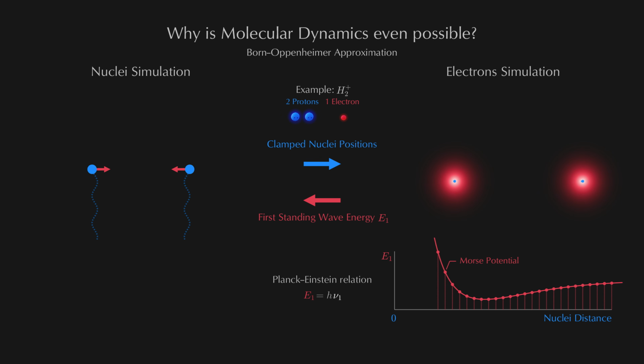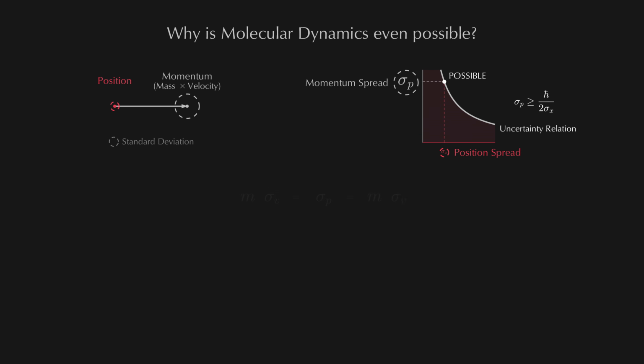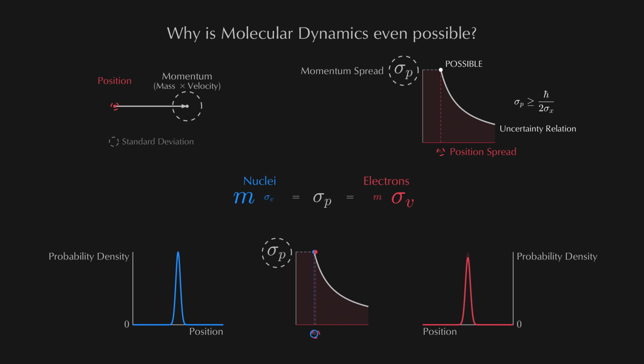The particle approximation for the nuclei is reasonable here, since the higher spread in momentum that follows from the uncertainty principle for more and more localized particles is mostly offset by the higher nuclei mass, keeping the velocity spread, and so the future position spread, still low.